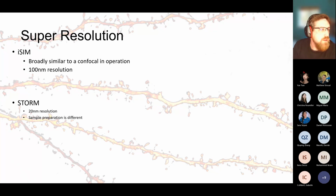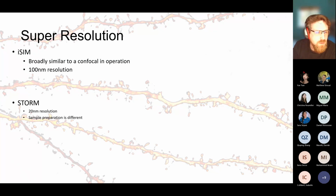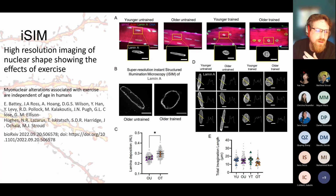Moving on to an example use case of the iSim. So I've got a bit of error between my slides there. Yeah, I was going to say it's 120 nanometers resolution on the iSim. So an example